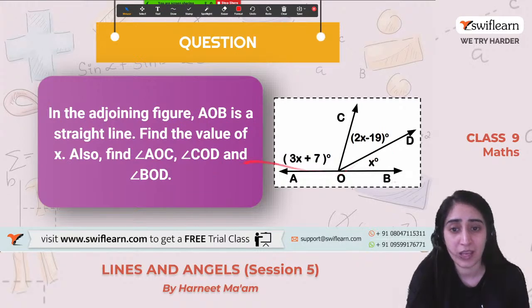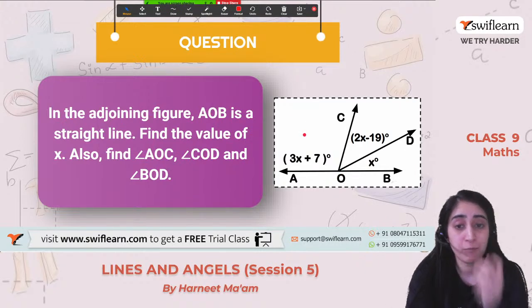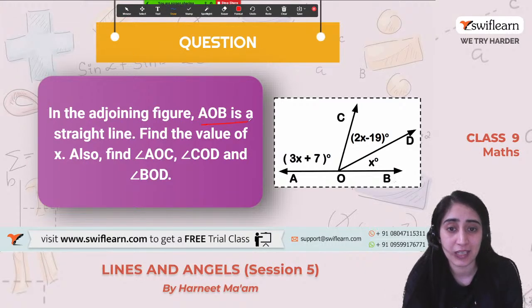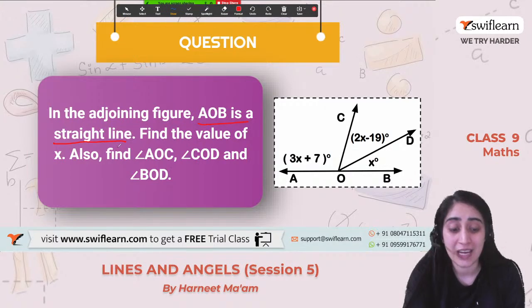See, from here the question has started. Find the value of x, find this. So this is the question. And here it's telling us to look at the figure. So what is the given portion that he's talking about? The only thing given to us is that it is a straight line. So what does that mean if a line is straight? That means the sum of all the angles on this will be equal to